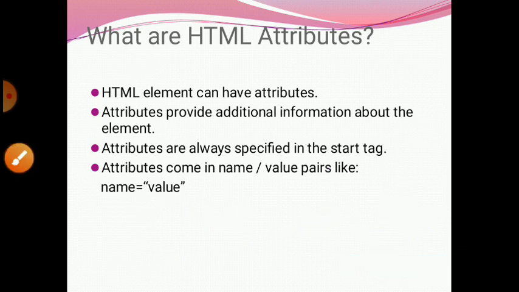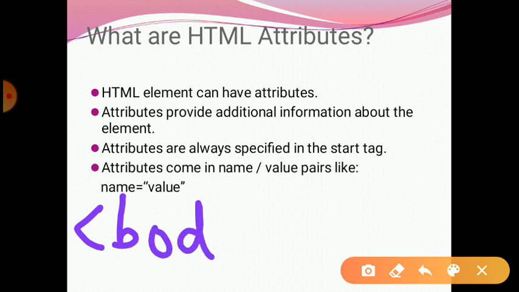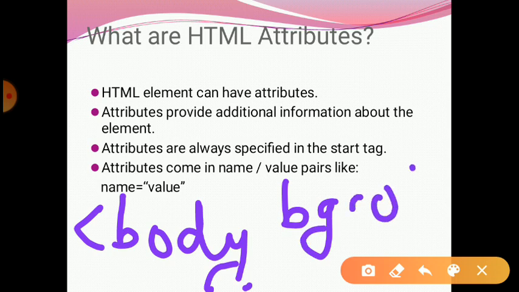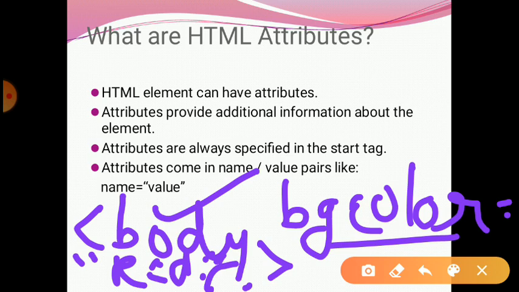But if I am using inside the body tag, okay, suppose I am giving an attribute inside the body tag, what attribute is it? bgcolor. Okay, so it is an attribute's name, and then after that I write equal to, and here I give the value inside double quotation marks. Suppose I give red. Okay, and close the double quotation and close the tag. So this means an attribute is additional information of a particular tag, and it always comes as a name and value pair.